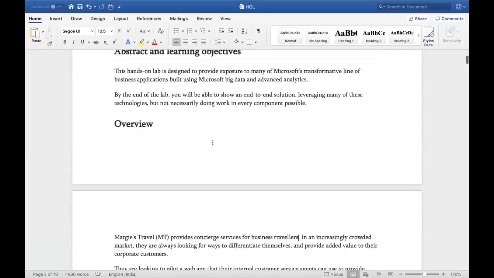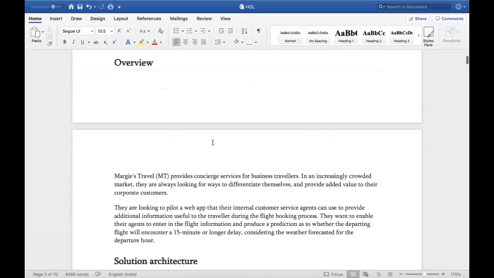Okay, and the overview is about a travel company that books business travel for their clients. These customers are corporate, CXO level, so they want to predict and find out whether any flight has a pattern of delaying by 15 minutes or not, because time is most important for them, and they want to be competitive.